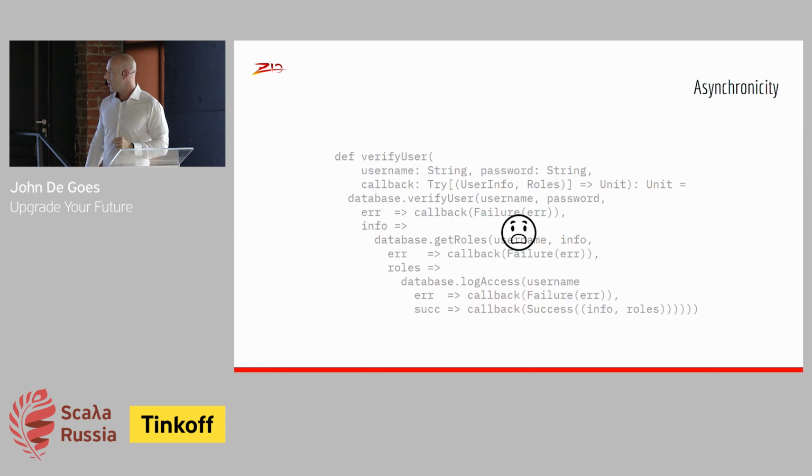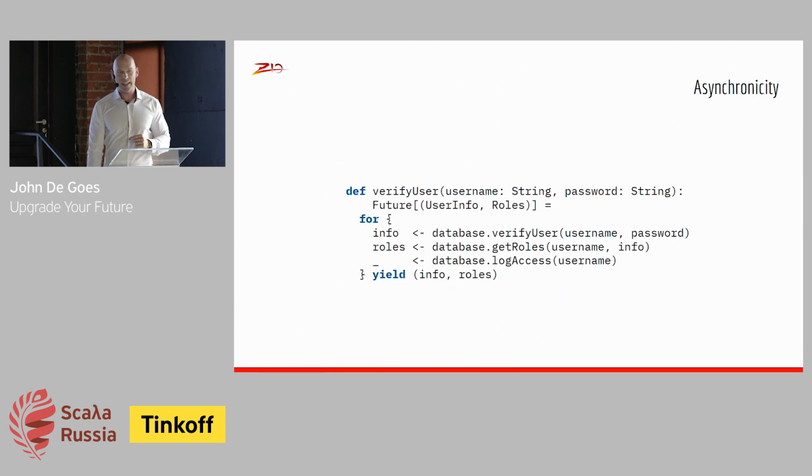And Future came along and it let us clean that code up. For example, you can do the preceding slide in a few lines of a for comprehension, and yeah, for comprehensions aren't very obvious, but you can learn that syntax, you can learn what it means, or you can call flatMap a bunch of times yourself, and you end up with something that reflects the linear structure of what's happening. There are no callbacks in this code. We verify the user, we get the roles, we log the access, and then we return the results. This code better reflects our intention and has no low-level mechanics of asynchronicity baked in.